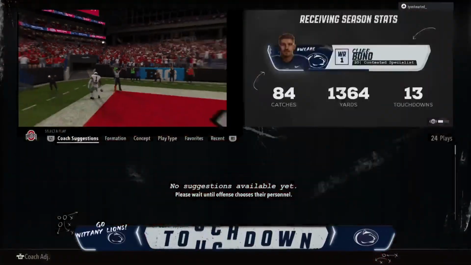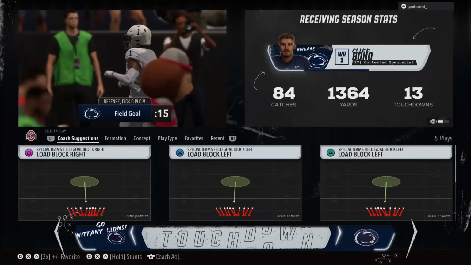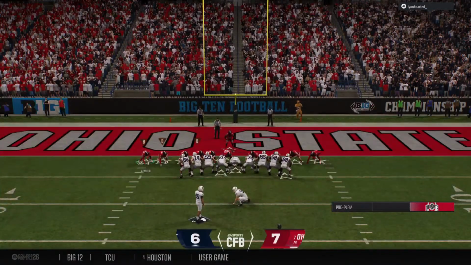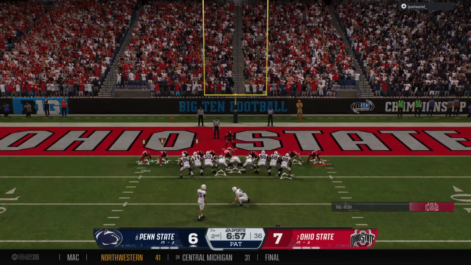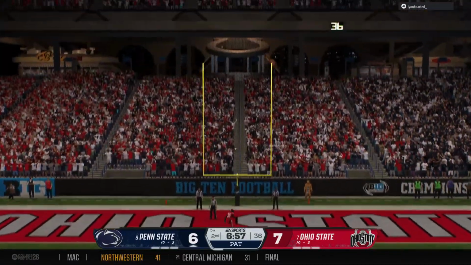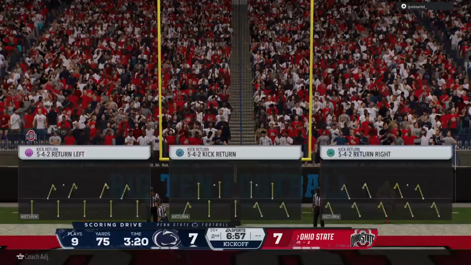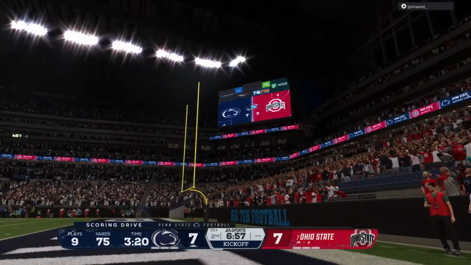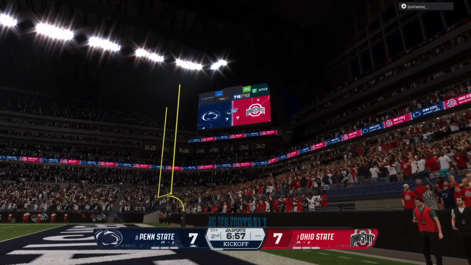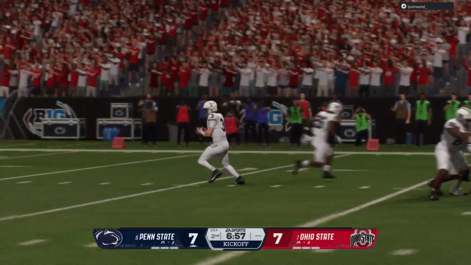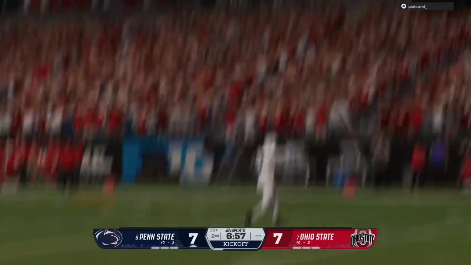He makes the catch. Touchdown, Penn State. What a call with a play action down inside the 5-yard line. Completely throws the defense. Their eyes are in the backfield, locked in on that quarterback. They lost focus on where he might be throwing the football. Made it an easy read for the quarterback and a touchdown.